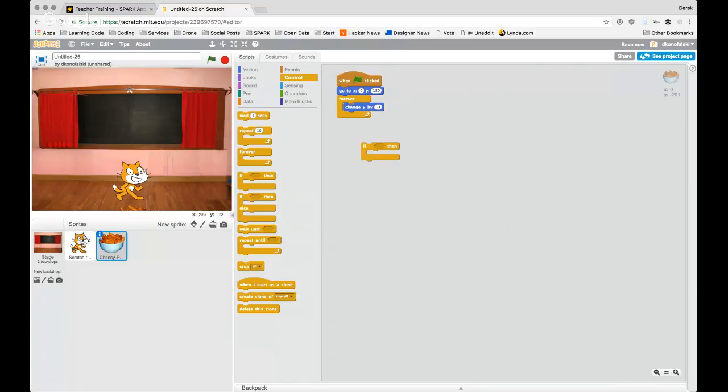So I'm going to stop my program, and I'm going to see if I can figure out how exactly we're going to do this. So we need some criteria first. The first thing that we need is to know where exactly our bowl of cheesy poofs should hit. So I'm going to say right about here. I don't care much left to right where it's going to go, and we're going to adjust that in just a little bit. But for right now, if it gets to about